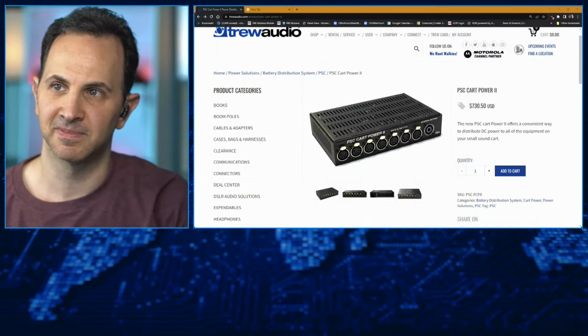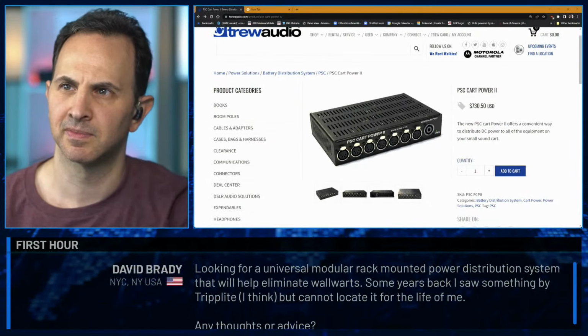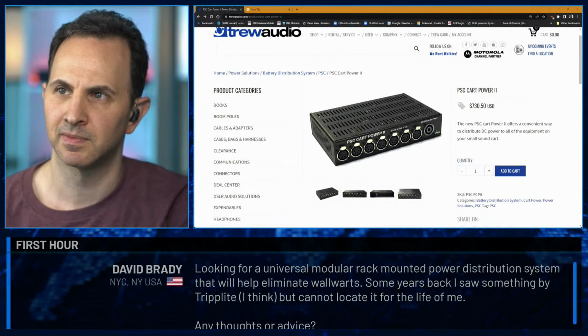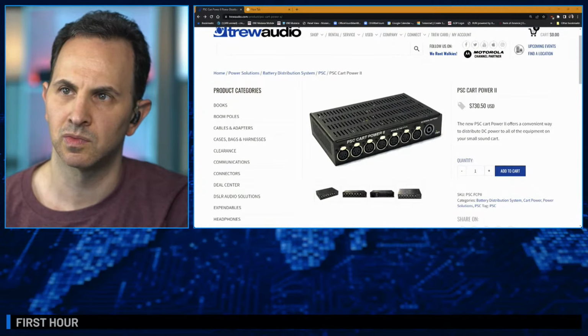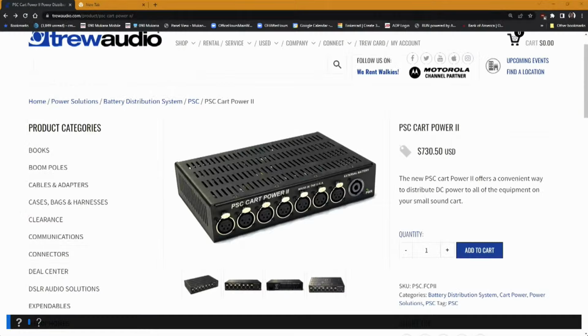I haven't seen that. What came to mind when you mentioned that is the PSC cart power unit, but it's designed for 12-volt power. So it's got the 4-pin XLR outs, but it's got managed output, has battery backup, or it can be connected to battery backup. So it can distribute power on a sound card. But for variable voltage for 5 volts and 7.5 volts and 12 volts intermixed, that's a bit of a problem